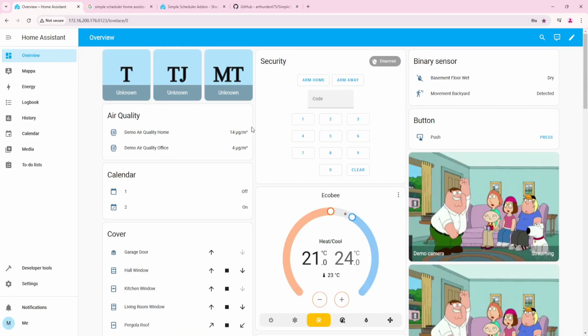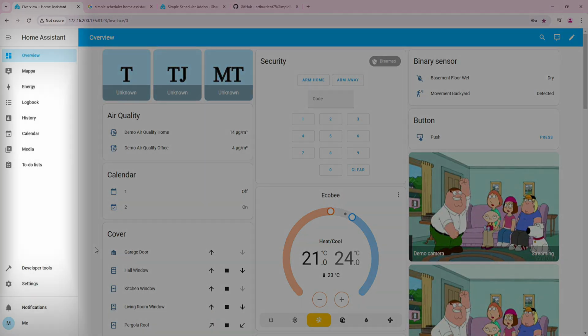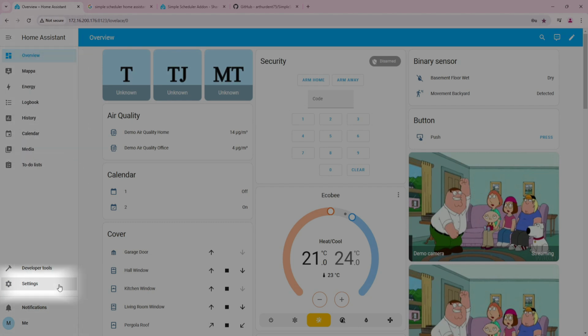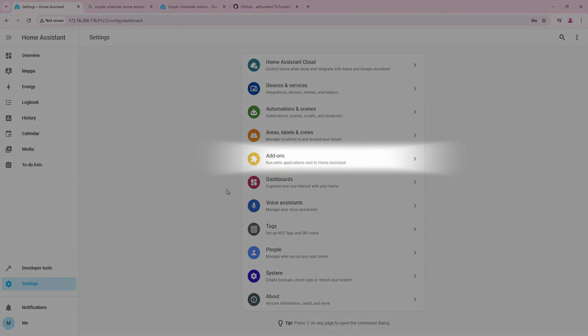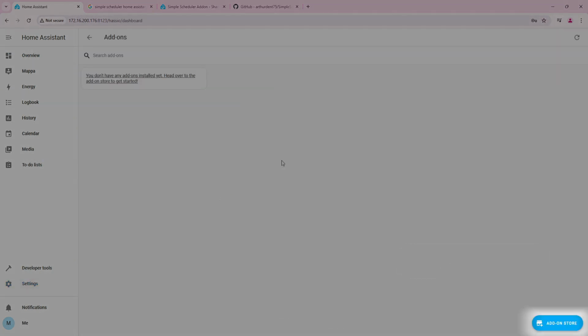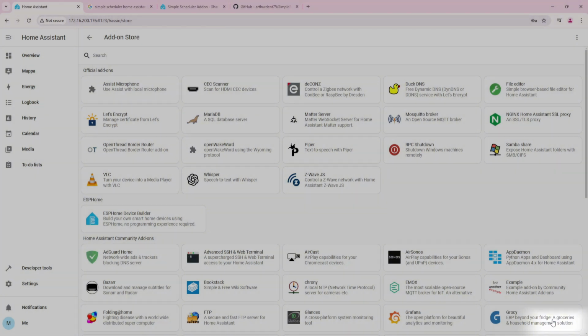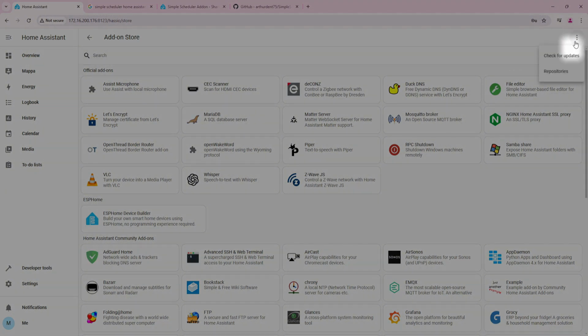First, log into your Home Assistant profile and navigate to the Settings panel located at the bottom of the sidebar. From there, open the Add-ons tab and access the Add-on Store by clicking the blue button in the bottom right corner of the screen. Next, click the three dots in the top right corner of the frame and select Repositories